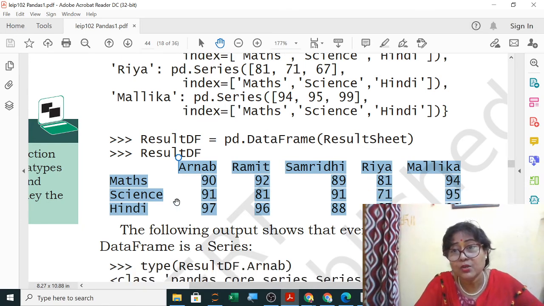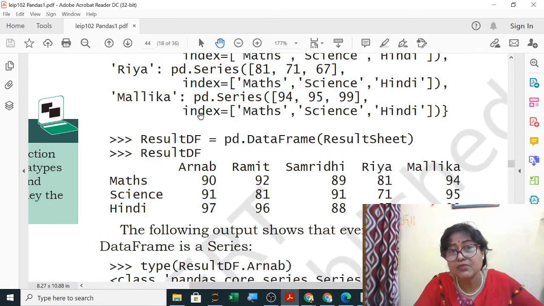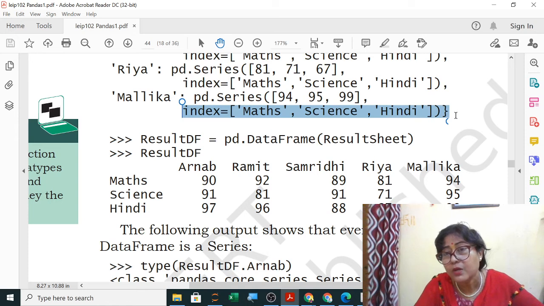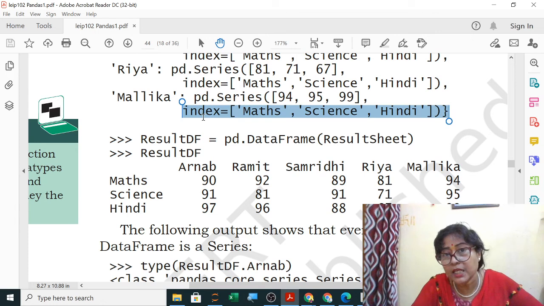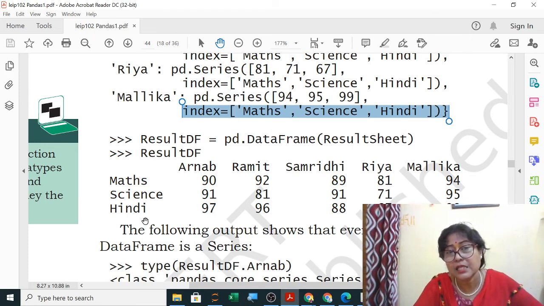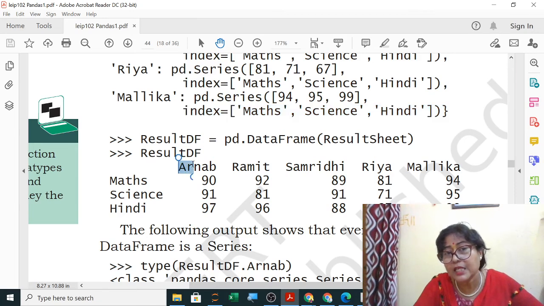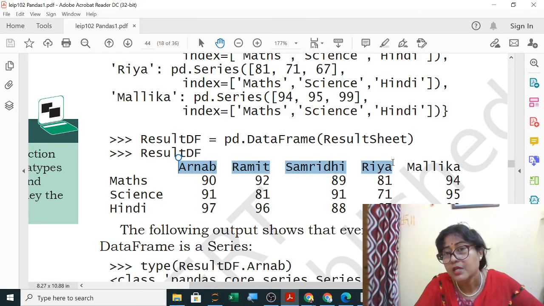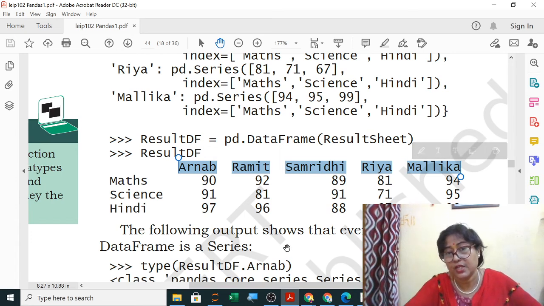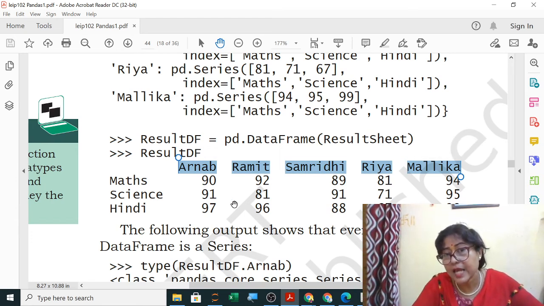Now here one thing you have to be careful about, index as we have given here the index, so no, you will not write 0, 1, 2. Till now everywhere we were writing here 0, 1, 2. But you have mentioned the index as maths, science and Hindi. So now you will write maths, science and Hindi. And the column labels, here you can see in dictionary wherever the keys are there, by default the keys will come here in all the columns. So these are the keys of the dictionary. Clear? This you have to practice nicely, because in exam, in case study, output questions are asked.